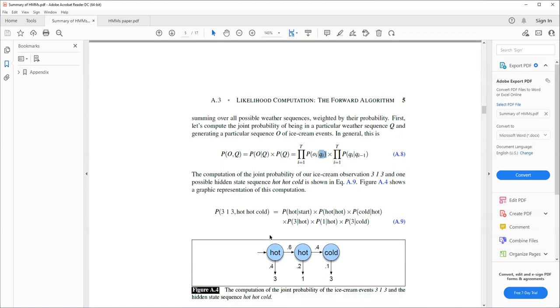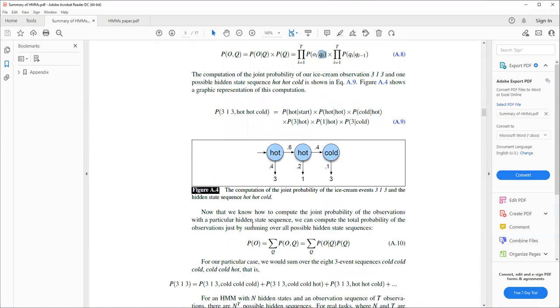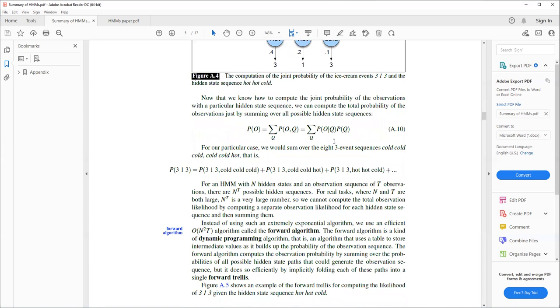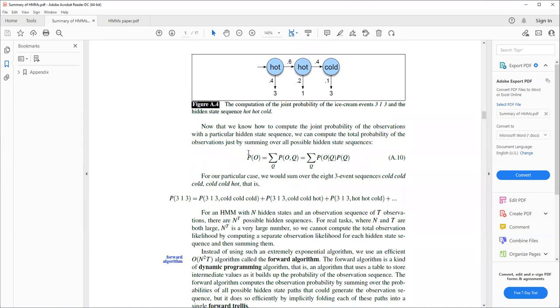However, the problem still remains the same. Since it's not just hot, cold, we can have cold. The first three can be generated from hot or from cold. So whenever you have got this or functionality, you need to add them up, and that is where your summation is going to come up. So for each of these possible states, we'll have to come up with all the probabilities and sum them all up,